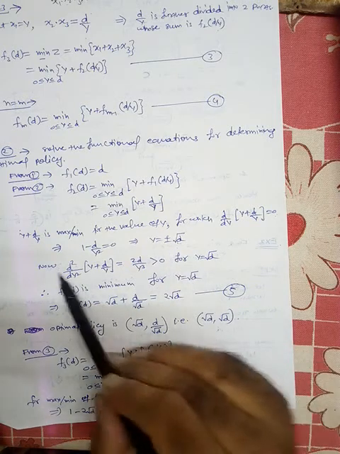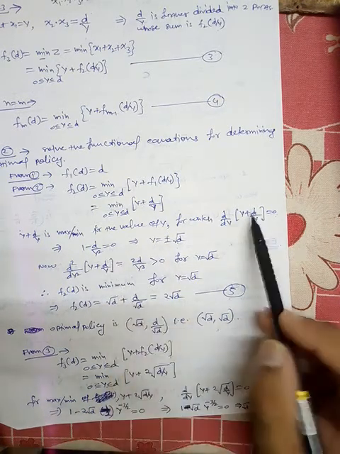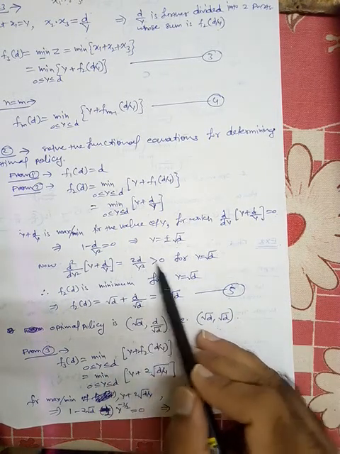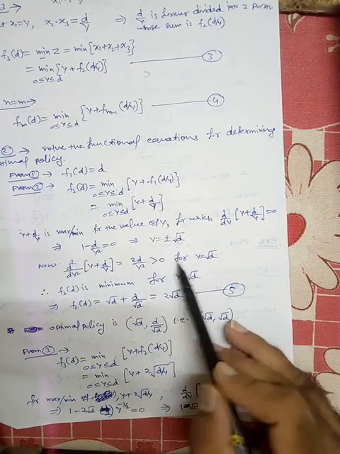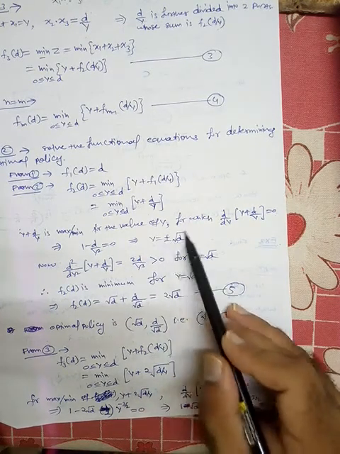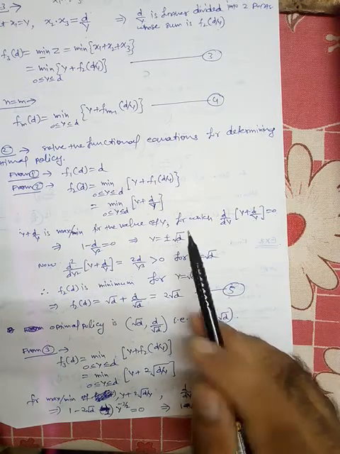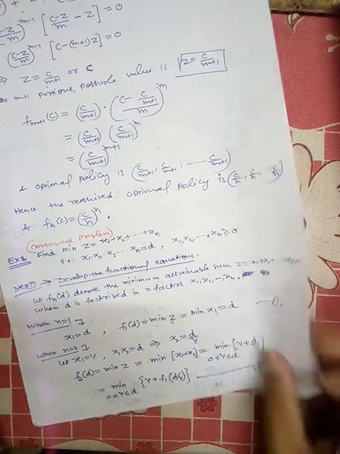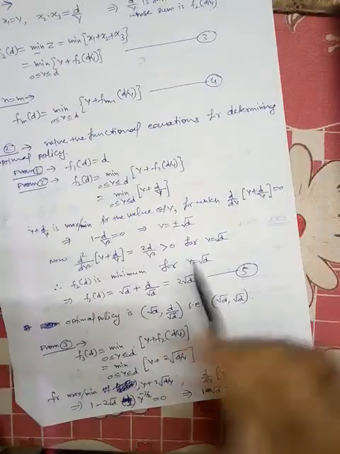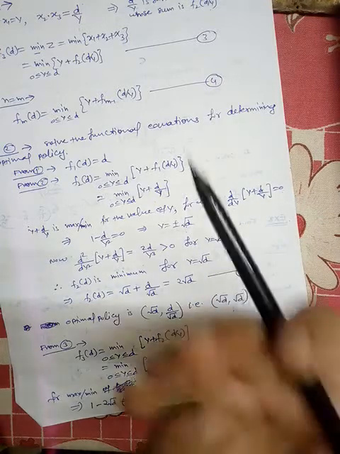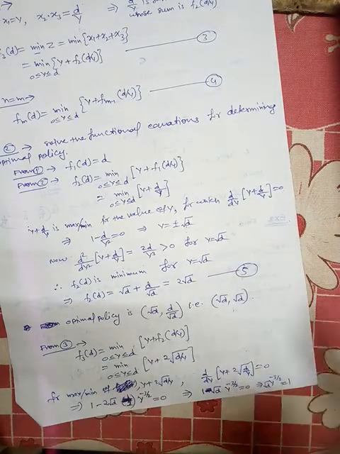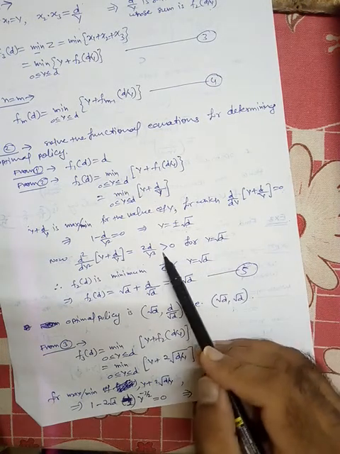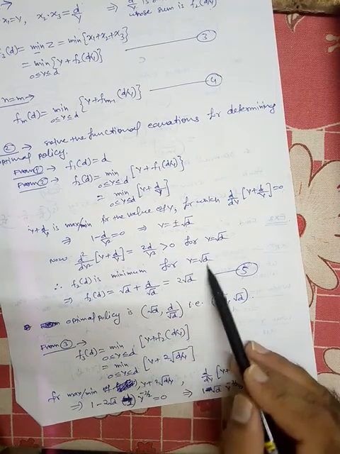Fine. And now differentiate again twice. So d2 by dy2, we get 2d by y cube. This quantity will be positive for y is equal to square root of d. So here we are taking the positive value. Why? Because we have already assumed that this quantity should be positive. Hence y assumes positive value because the quantity is positive in the partition, so the variable y should also be positive. So y is square root of d, this should be positive. Fine. So f2 d is minimum for y is equal to square root of d.